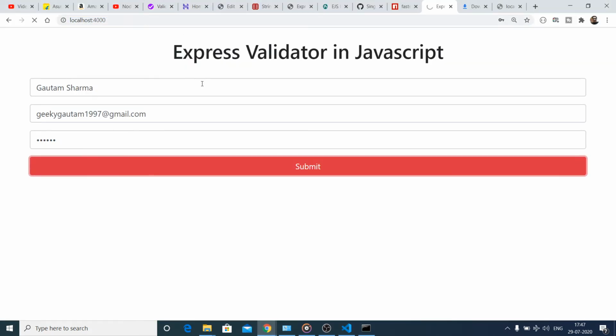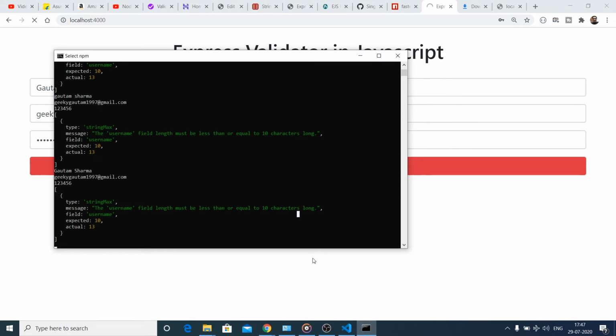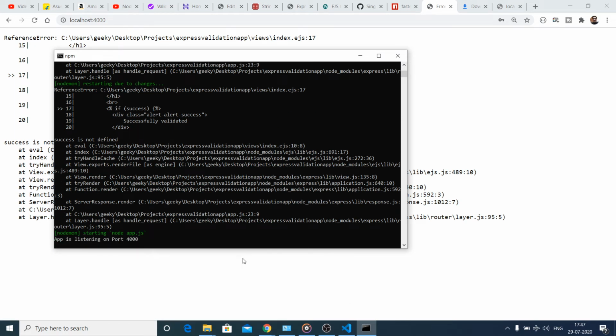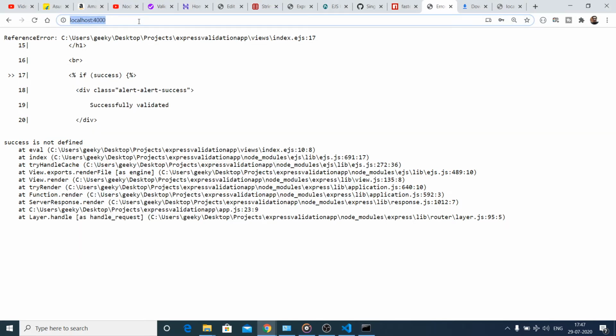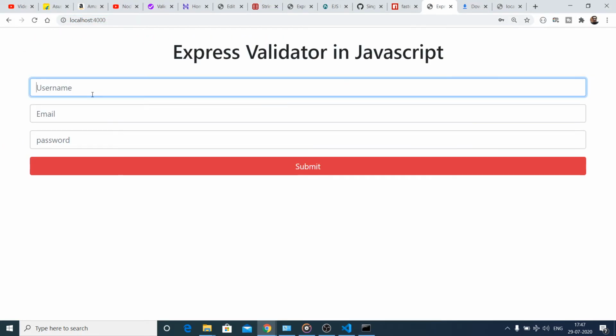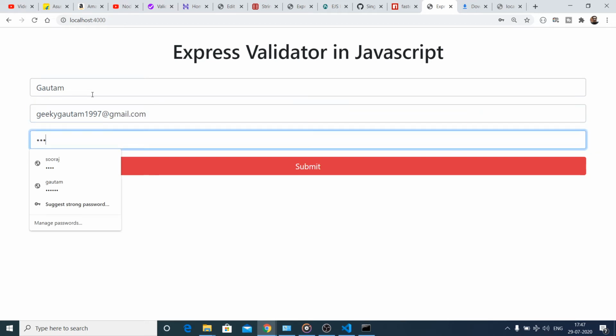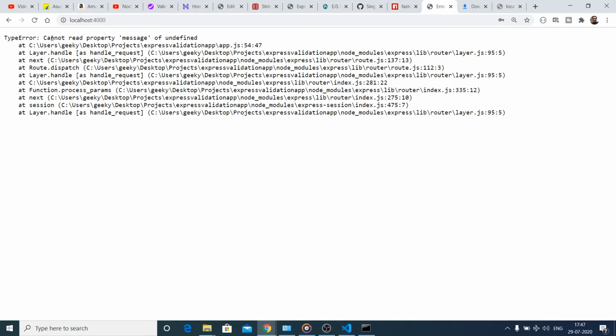So now if I once again reload the application, and I think I need to restart the application. So it is now started the application, and now if I type a valid email address, if I click submit, cannot read message of undefined.